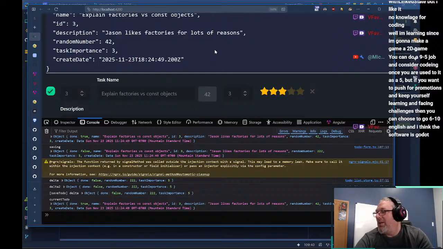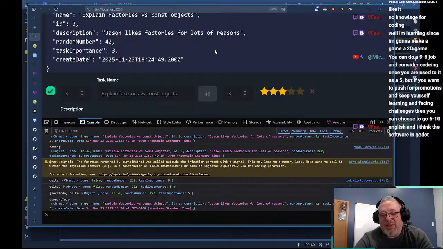Yeah, okay. So English, I think the software is Godot. When I said language, and you responded English, that tells me that you are ground floor. Godot will allow you to use a couple of different, I was calling them dialects, but in general, people call them languages.